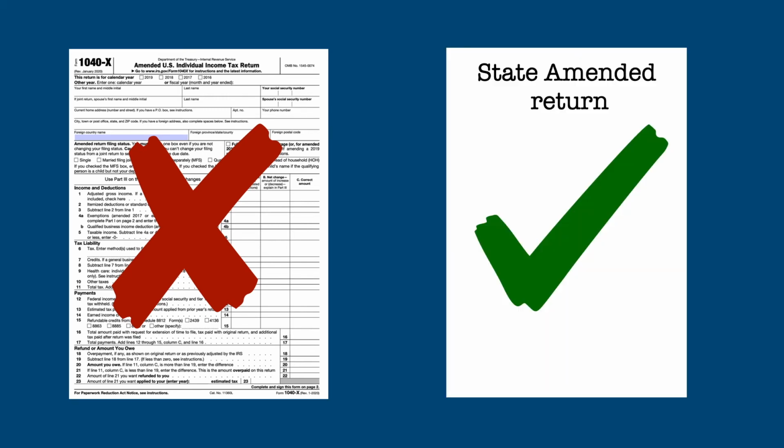If she agrees with the additional amount, she doesn't have to amend her federal income tax return. The IRS will automatically change her return on their end. But she might have to amend her state return to report the additional income. Most of the time, this will result in additional state income taxes.